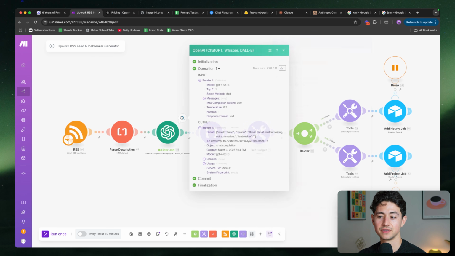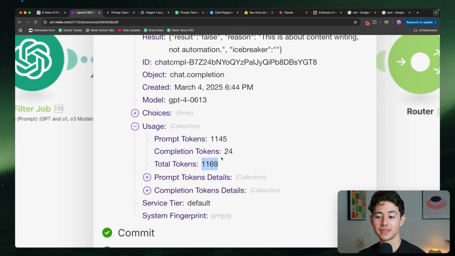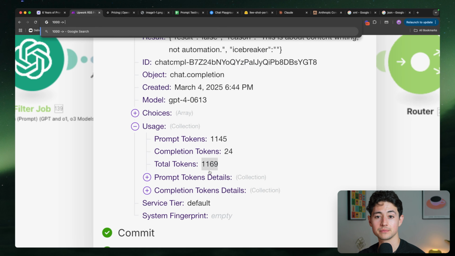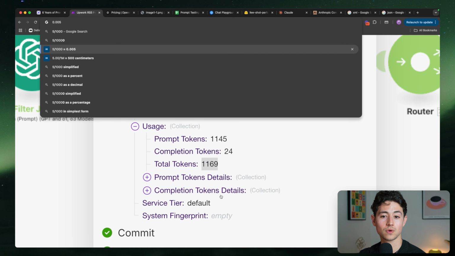This Upwork RSS feed thing that I just did, if we look at the usage, combined it was 1,169. I would have to do this 1,000 times to use $5. That's crazy. How many do I actually do a day? Like 15, okay? If we do the math on this, $5 divided by 1,000 means that for every run, I use